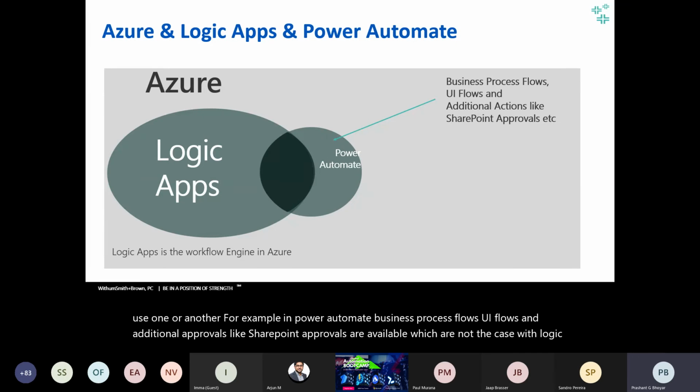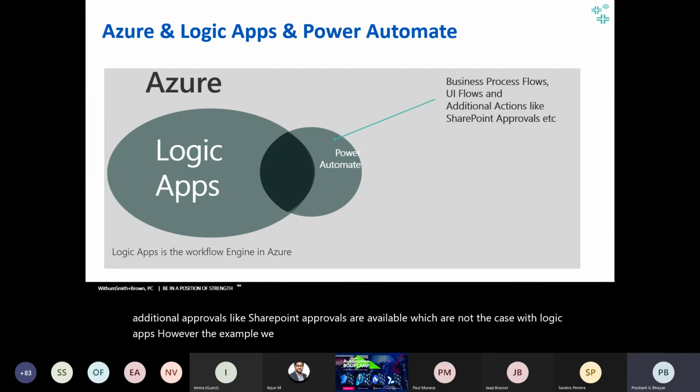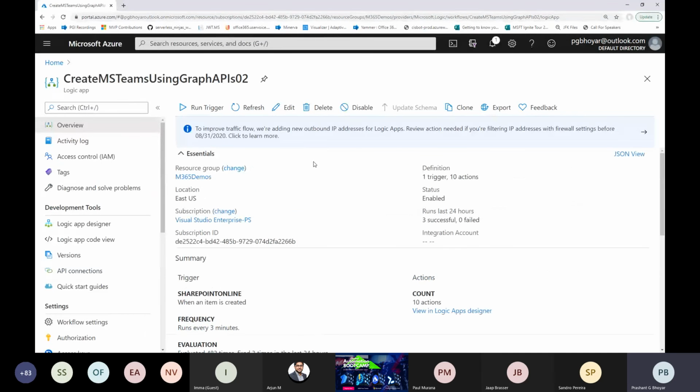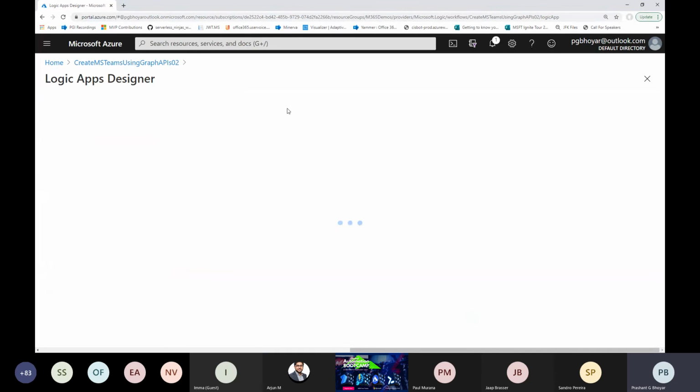However, for the example we showed, in case you don't have access to the HTTP action because it's a premium action, you can implement the same business logic using Logic Apps. Again, I won't be showing you the demo, but this is the Logic App I have created. If I go into the edit of this Logic App,